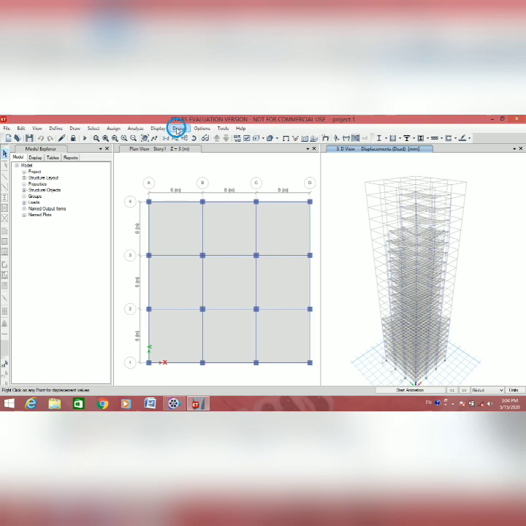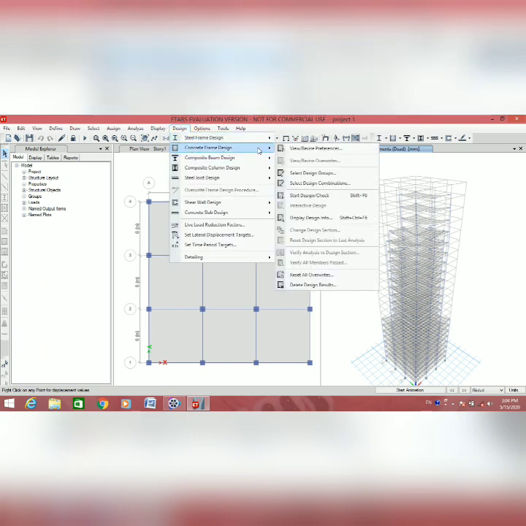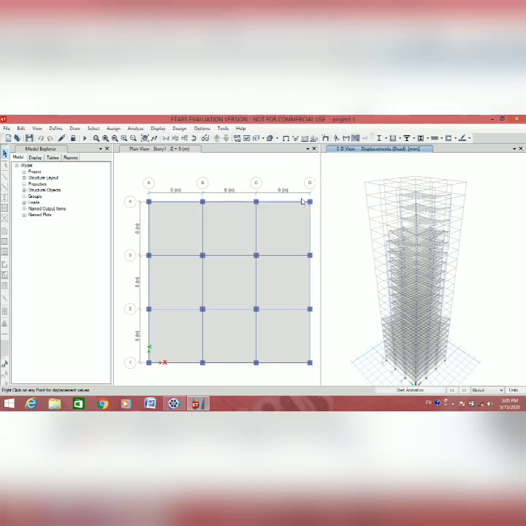Again in the design menu, concrete frame design, start design check.